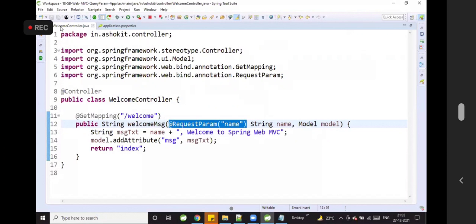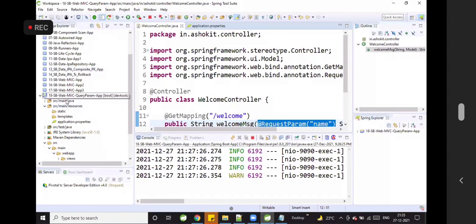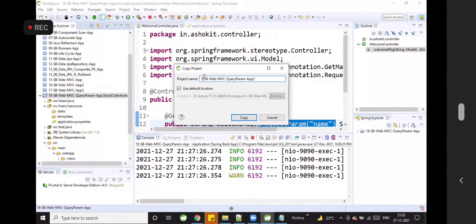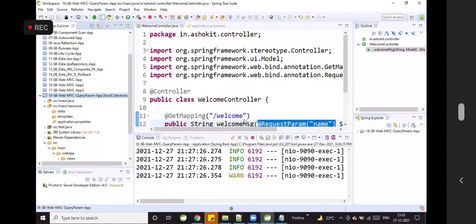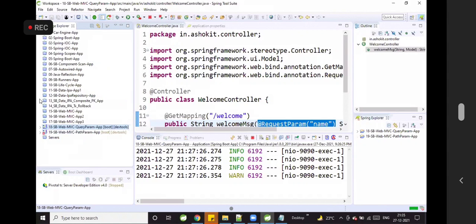Good. Now, I need to take one more project, guys. That is the path param application. I'm just copy pasting the same application, just a small change.